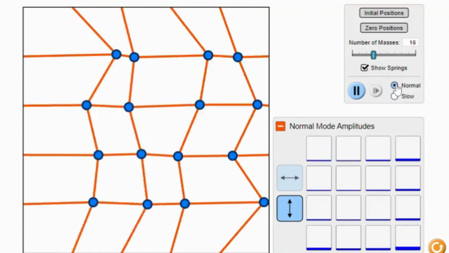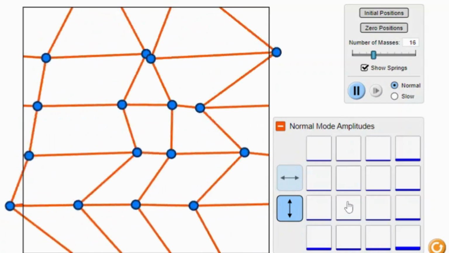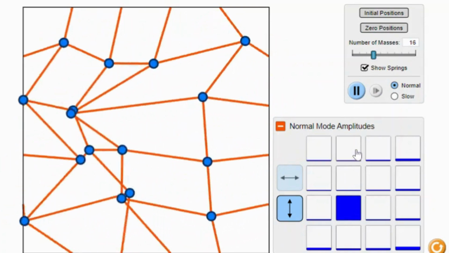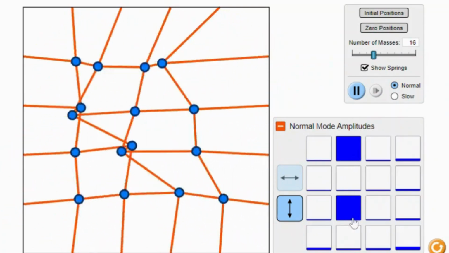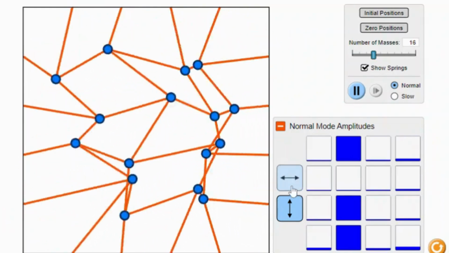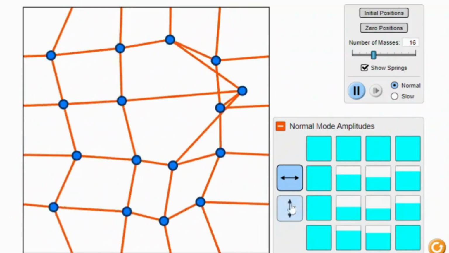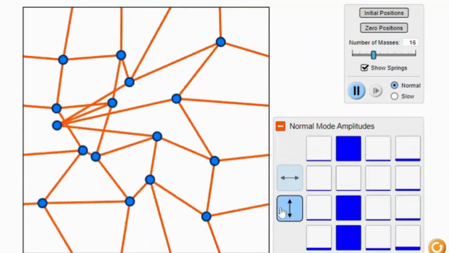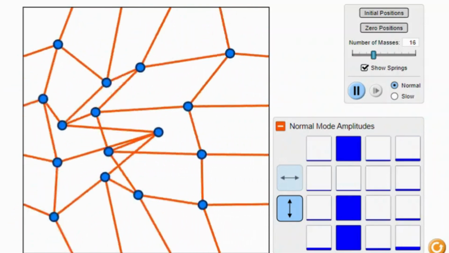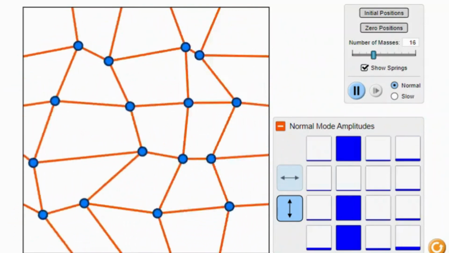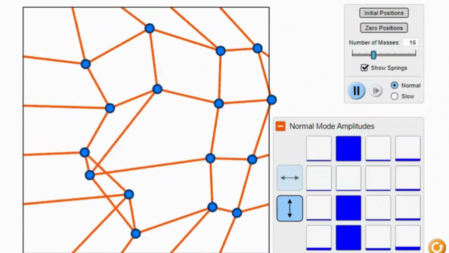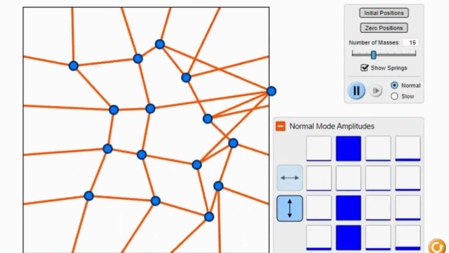The simulation covers a wide range of topics related to normal modes, including frequency, amplitude, phase, and the factors that influence these properties. This comprehensive approach helps students gain a holistic understanding of normal modes and their applications in various fields. The normal mode simulation is a valuable tool for teaching and learning about the fundamental concepts of normal modes